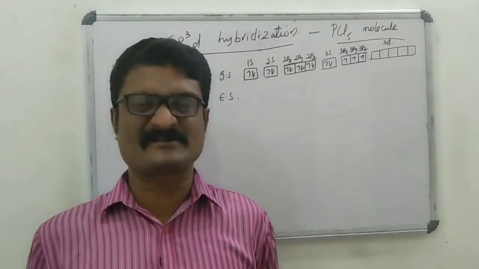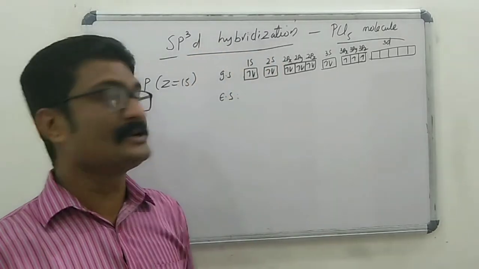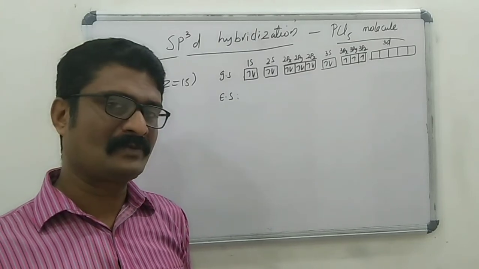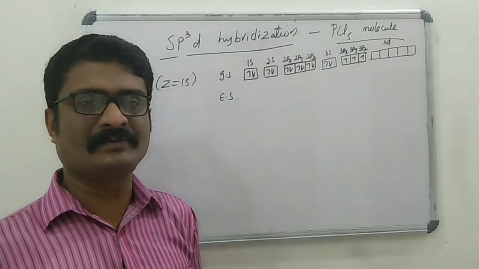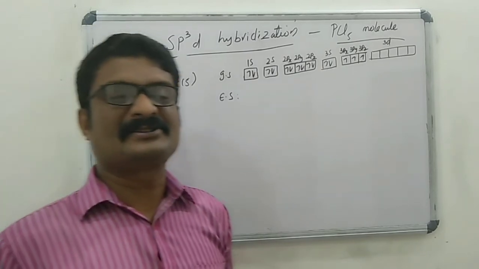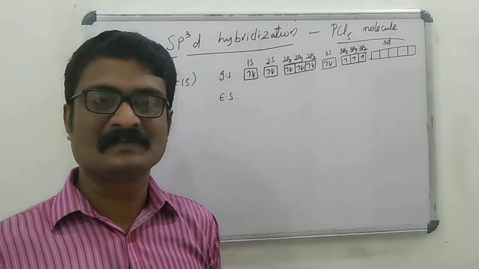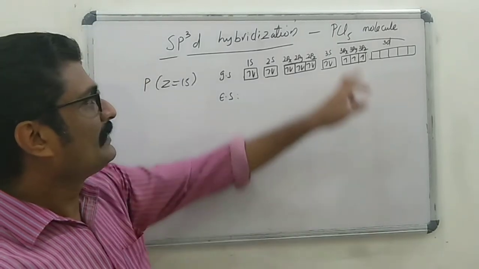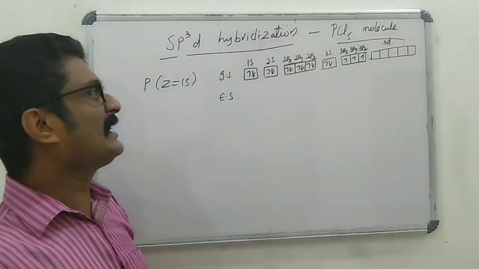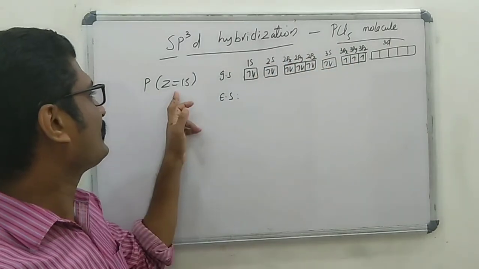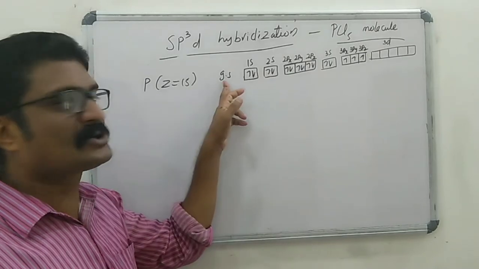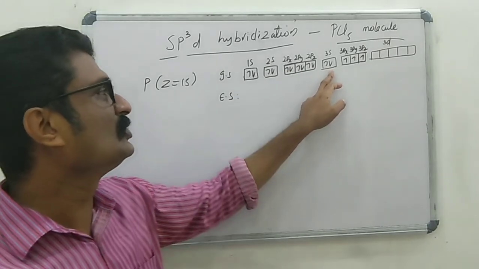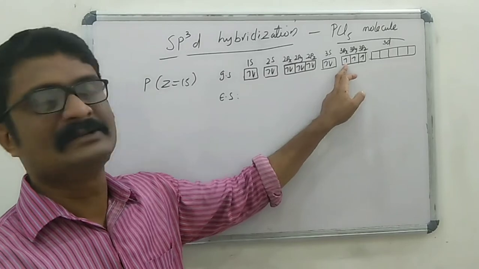Okay. Next I am going to explain sp3d hybridization on the basis of the formation of PCl5 molecule. Already we have learned the shape of PCl5 molecule is trigonal bipyramidal. In PCl5, the central atom is phosphorus. Its atomic number is 15 and its ground state electronic configuration is 1s2, 2s2, 2p6, 3s2, 3p3. Means what? 3px1, 3py1,